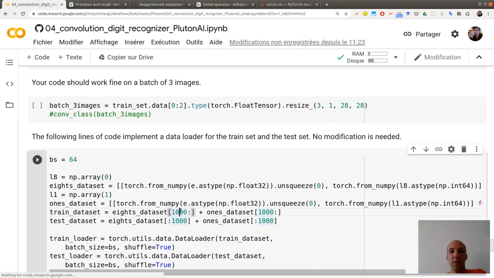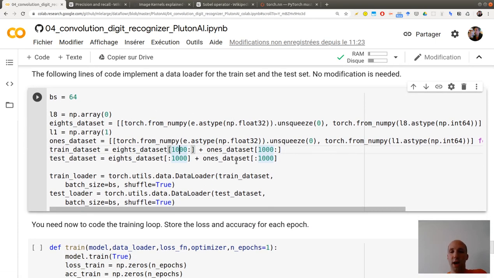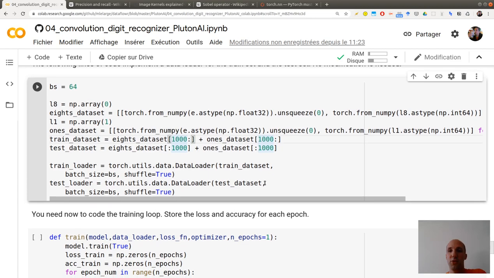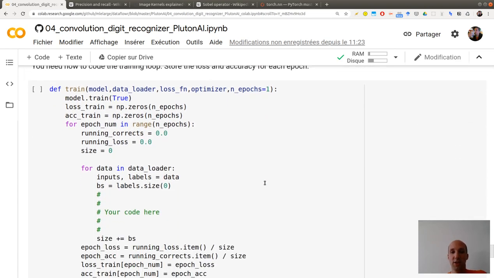Then in this part, I'm building the dataset and the data loader for you, so you do not need to change anything over there because we didn't see the data loader yet. And then the training is done here, where I'm using the data loader to get the data.